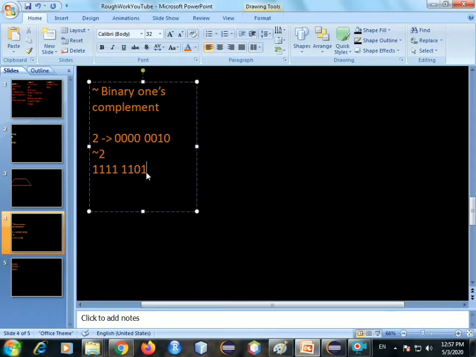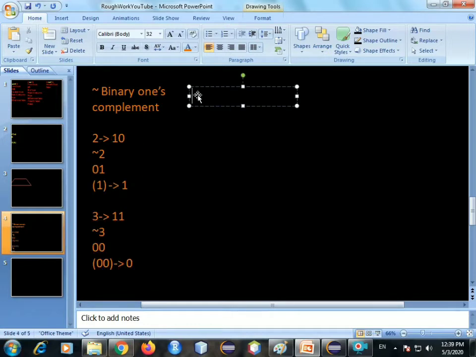Now let's study the remaining ones, that is left shift and right shift. This is our left shift, the left shift binary operator. Now let's say 2 left shift by 2.